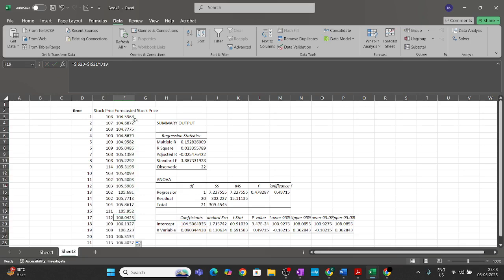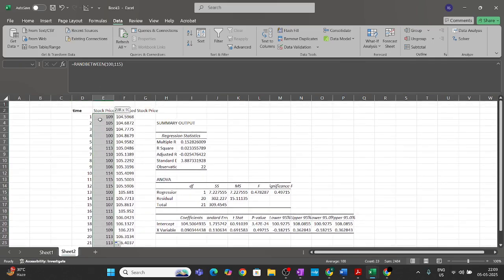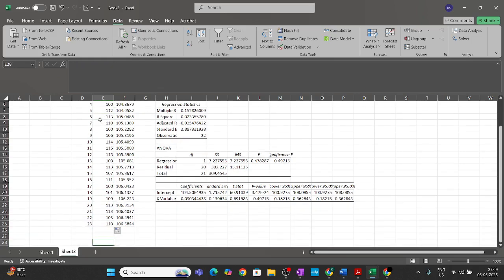So these are my stock prices, and I can use this to predict the stock price on the 23rd day. See, I made a mistake by using random numbers here. I should have used normal numbers, right? But for hurrying things up, right? So my model is something like this: